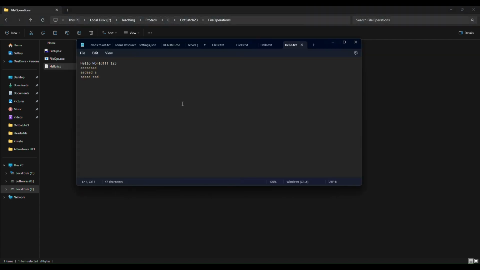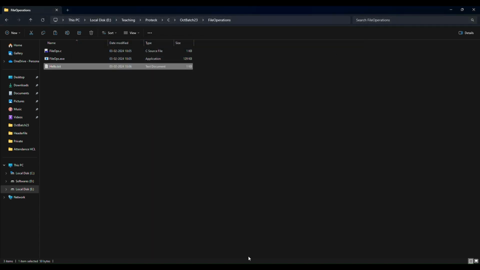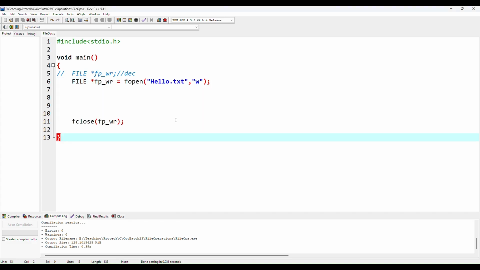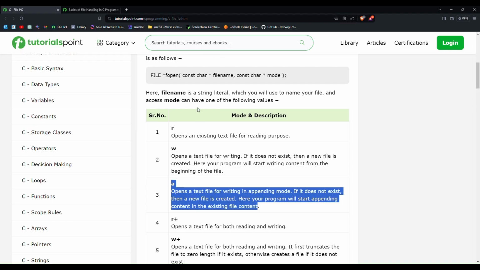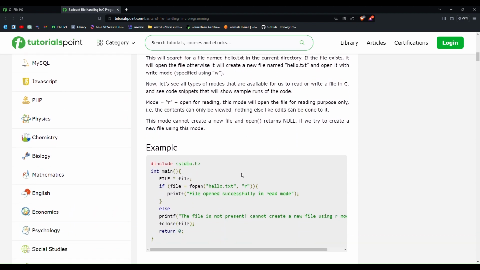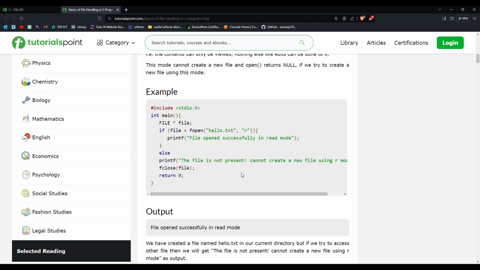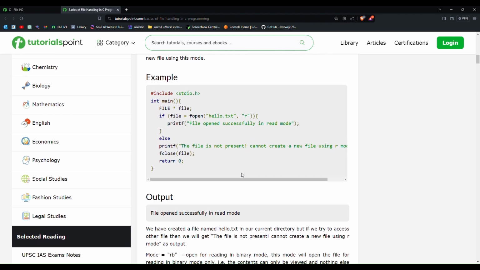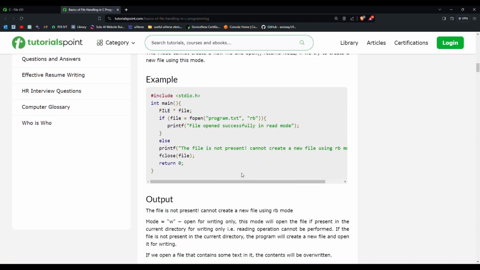data over here, right? Okay, now what I'll do is go to my program, and over here I'll try to write something into this hello.txt file now. Now for writing something we have certain commands. So if I want to write some information into my file, there are certain commands that I need to follow. Now the very first command would be